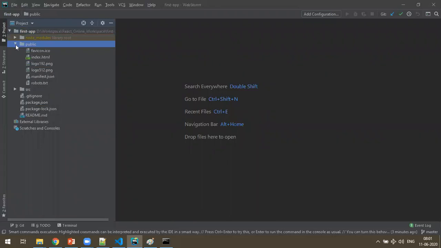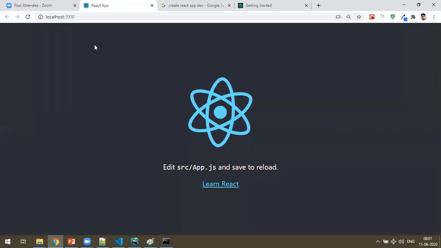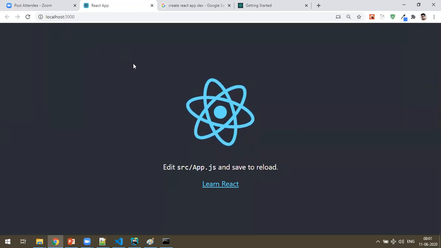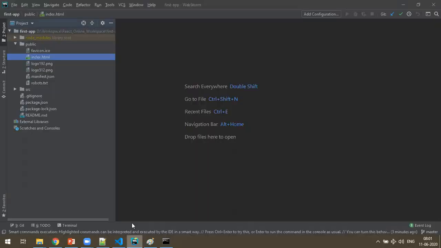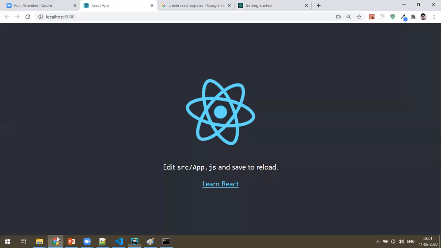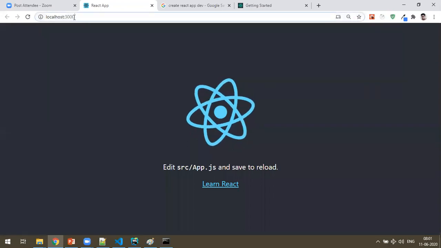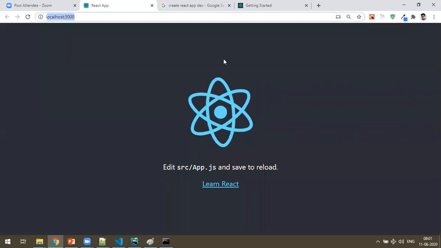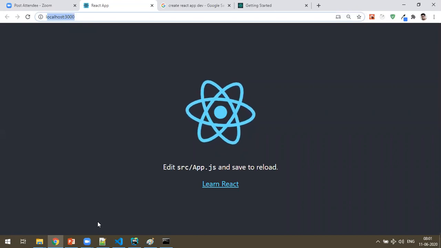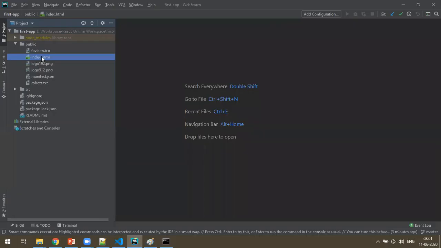This public folder contains the public files, and the first one is index.html. It means whenever you open a website, it automatically looks for your project's public folder index.html. So whenever I hit this URL, it is coming from this index.html file.